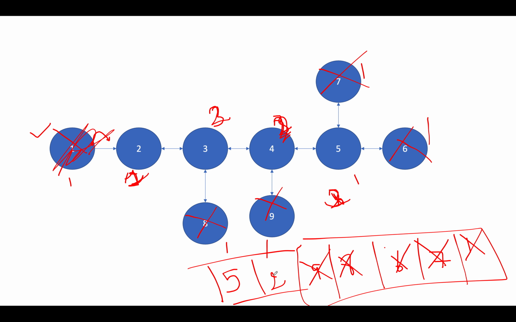Let's continue the process. Next I see is 5. Next I see is 2. So I'll go to 2 and I'll see what all connections exist. So at 2 I have a connection with 3. So 2 gets deleted and the degree of 3 gets reduced to 1. So 3 also gets added to the queue. And next I see is 5. So 5 gets pulled out and the degree of 5 is 1. It gets deleted and it has a connection with 4. The degree of 4 gets reduced to 1 and 4 gets added into the queue.